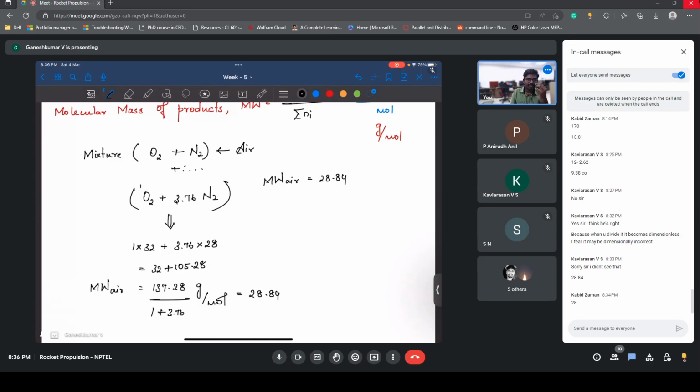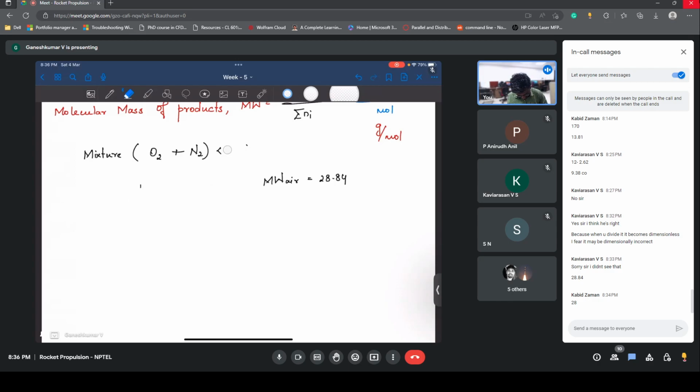So basically, you are just expressing this mixture in terms of a single entity, in terms of molecular weight. It comes from the molecular weight definition: per mole, what is the gram? Similarly, for per mole of this mixture, what is the gram? Since we have O2 and N2, we have a certain number of moles, and we need to divide by that number of moles for the given mass of the system. Okay, having understood that, let's calculate the molecular weight of